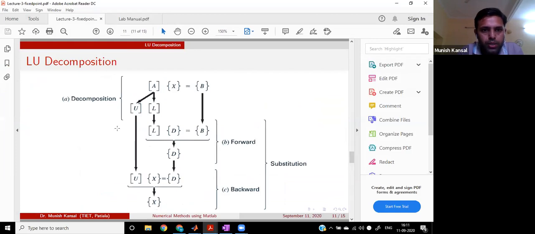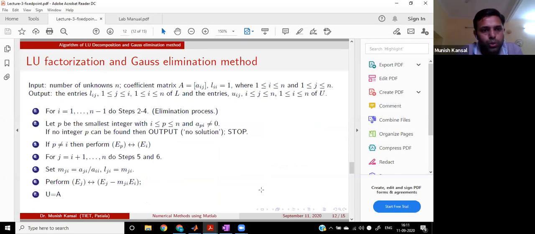Now LU decomposition says you just break the matrix into L and U. Then you have two systems. First find out Y, then find out X, right? So this is the pseudo code, you can say, algorithm, right? So here we have written in step number 2, this is for pivoting, that whenever you get some pivot element 0, you have to interchange pth and ith row, as we have done in MATLAB. We have interchanged the jth row with the ith row so that NaN kind of things don't occur in the output window. So this is the algorithm for LU and Gauss.